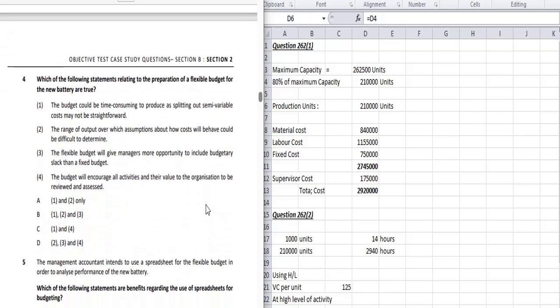Question 4: which of the following statements relating to the preparation of a flexible budget for the new battery are true? Again, for the flexible budget, the budget could be time consuming to produce and split out into semi-variable cost, which may not be straightforward. So this is obviously true. While flexing the budget, the cost may be semi-variable or